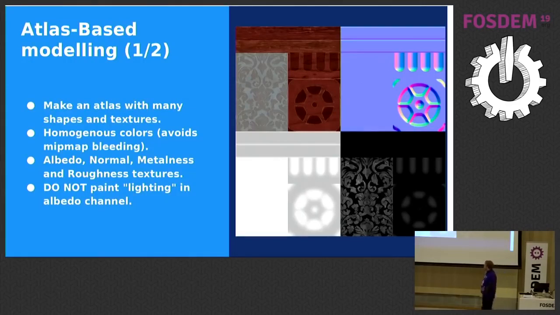You can paint the height map. I painted this height map myself with Gimp. And then from the height map, you can get the normal map there. Then I converted this one to an occlusion, and then you can use the rest for metalness and roughness, which is common in PBR workflows. I'm not going to explain PBR. You can find a lot about it.